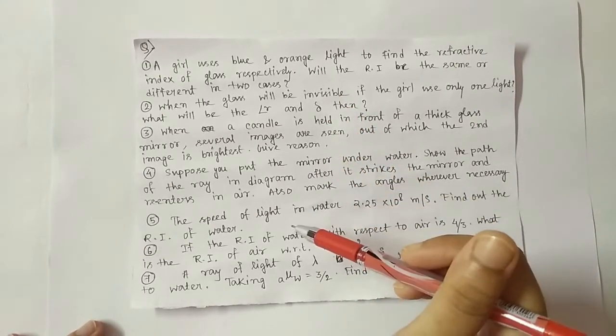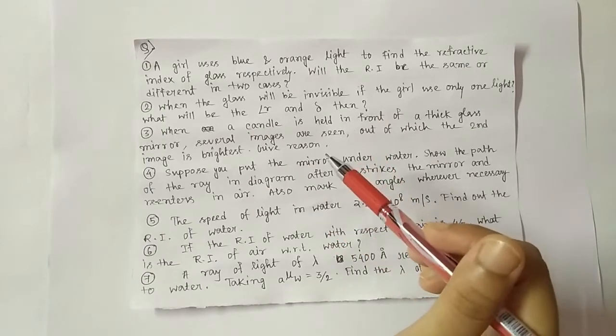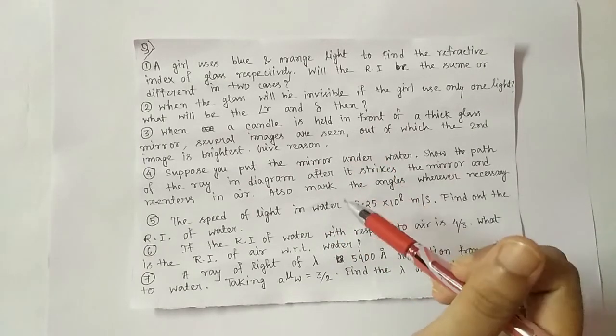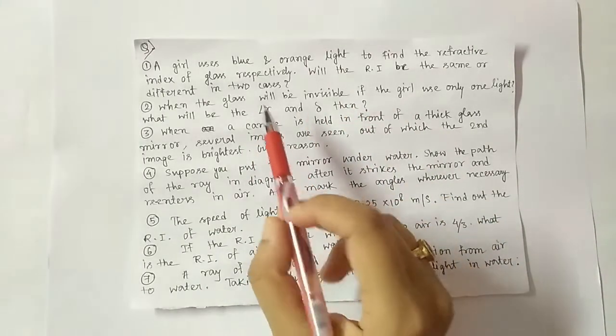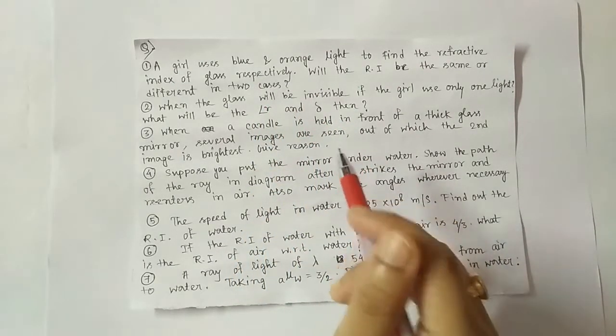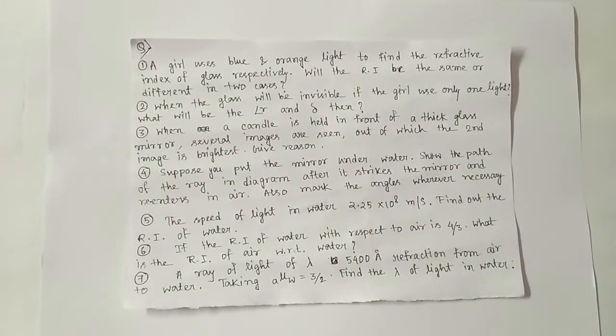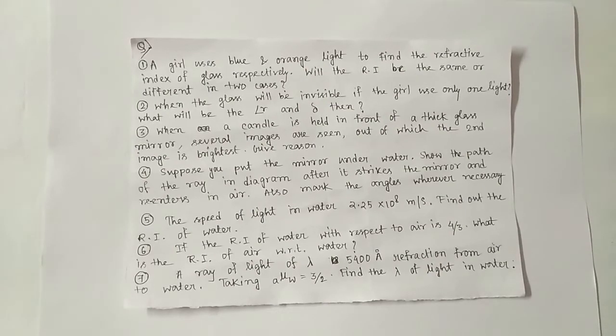These 7 questions will cover the whole thing, and you must listen to me carefully to understand the whole part of this. So the first one I have already read out, and here we are using blue and orange light. Previously, in the refractive index video, I compared two lights, blue and violet and red, where I showed you that the wavelength of red light is much greater than the wavelength of blue light. Now in this case, the wavelength of orange light is quite greater than blue light,